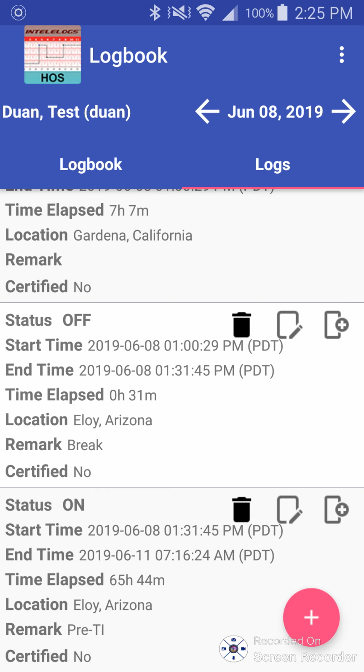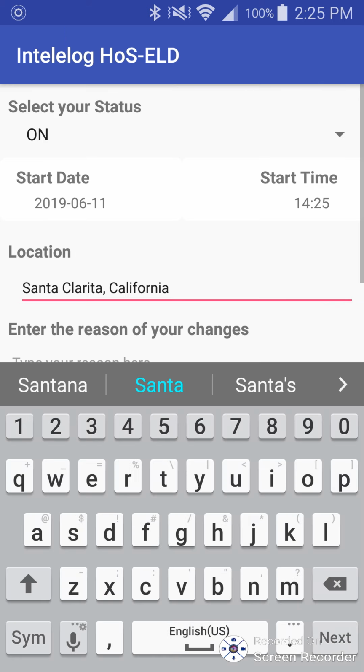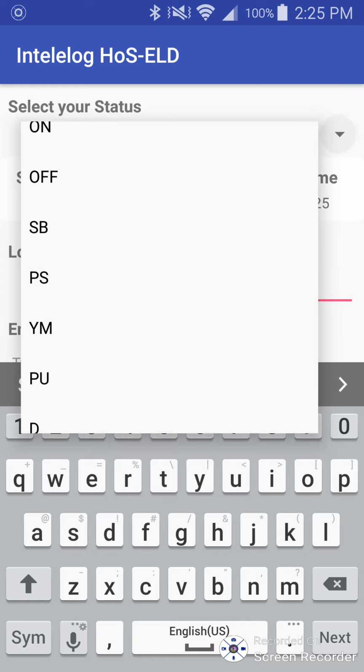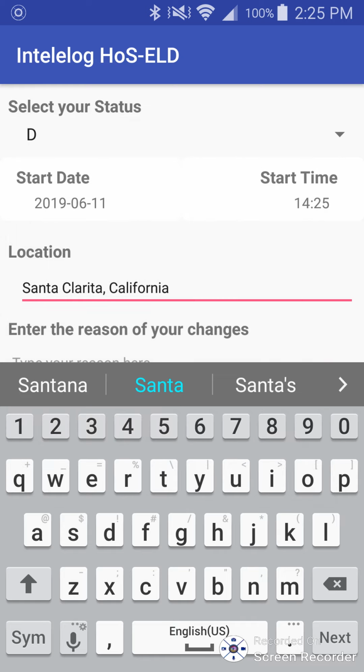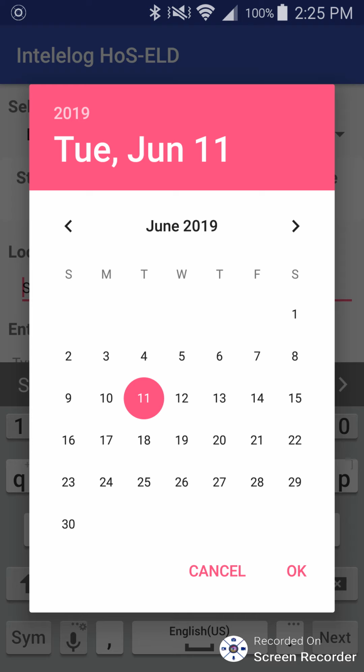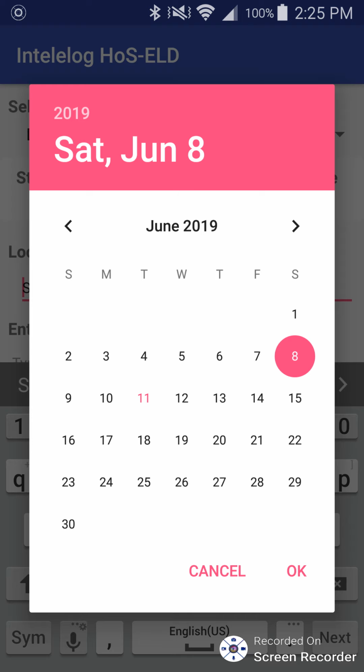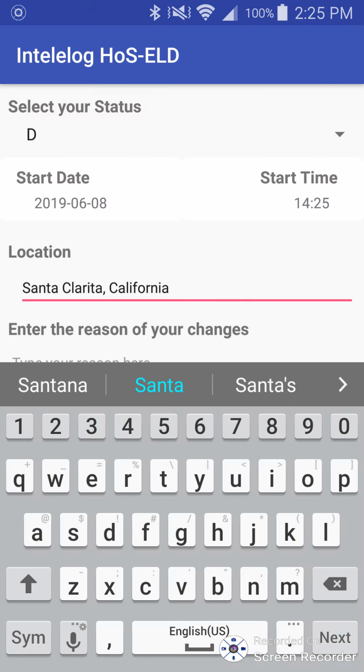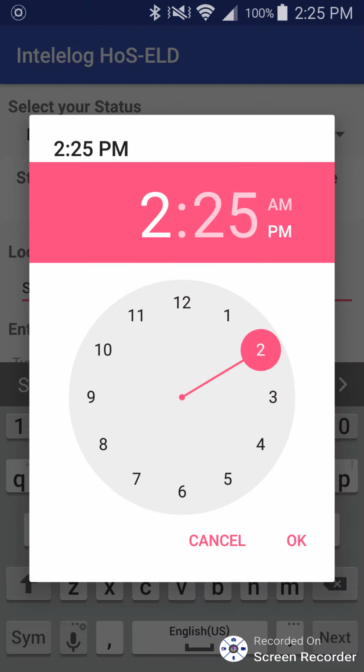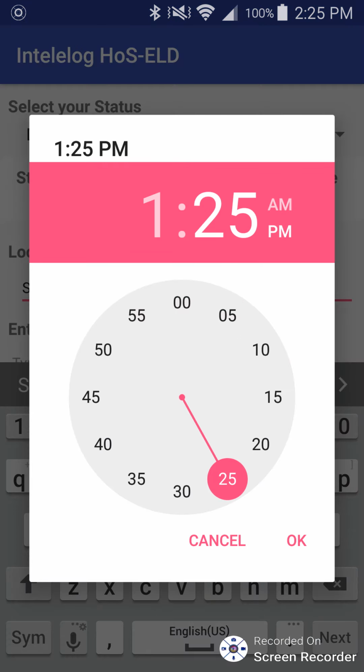Now what we're going to do is after 15 minutes of a pre-trip inspection, we're going to go back to driving. So we're going to press the red button again. We're going to change our on-duty status from on to driving. Change the date to June 8th. Click OK. Our driving time will be at 1:45